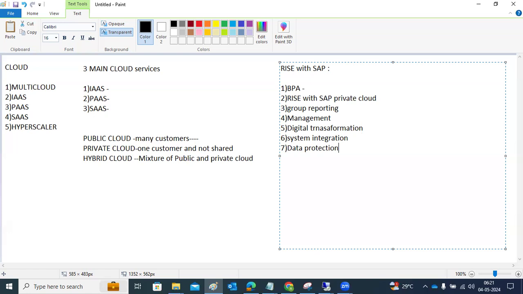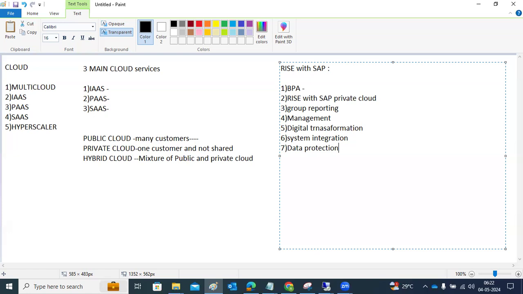This Rise with SAP is one of our comprehensive solutions to migrate our ECC ERP systems to the cloud S4HANA cloud, and also your S4HANA on-premise system to the cloud, and also we keep innovating. So one of the main supports from SAP is migrating our on-premise systems, core business solutions to the cloud, and also innovative things here, right?